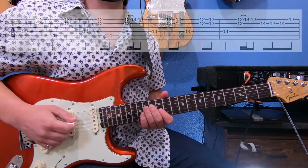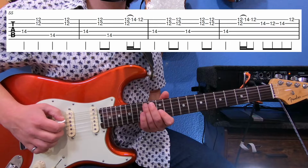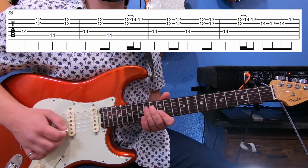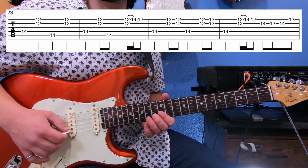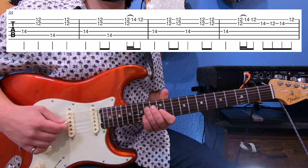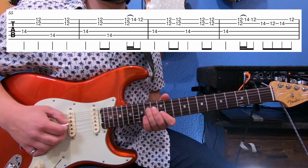Alright, to play that, we're on the E chord here, 14th fret of the D string, double stop, B and E strings, 12th fret, 14th fret of the A string, double stop, 14th fret D, double stop, 14th fret A, double stop with a hammer on to the 14th fret of the E string, high E, then the 12th fret of the high E string, 14th fret of the D string, double stop twice, 12th fret, 14th fret D again,